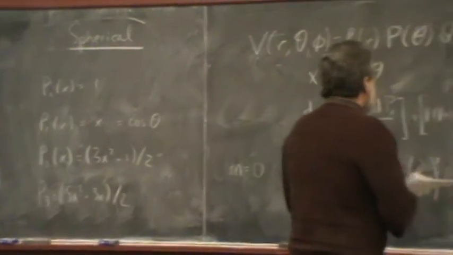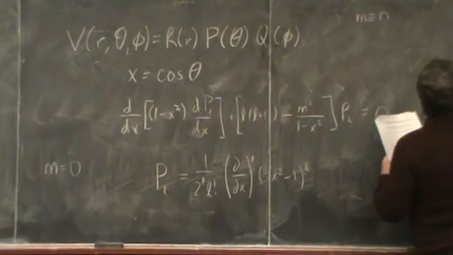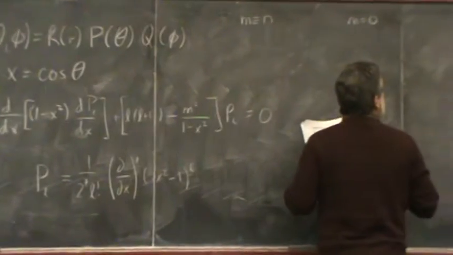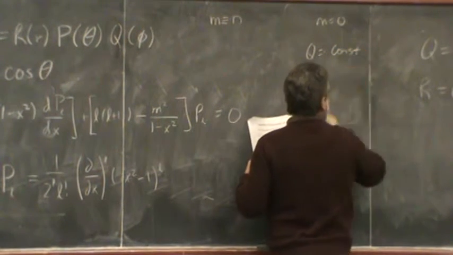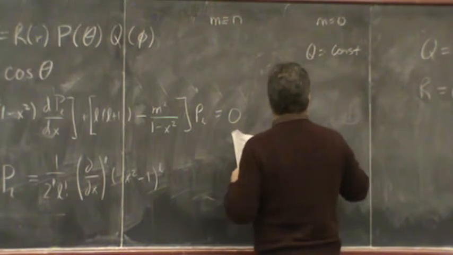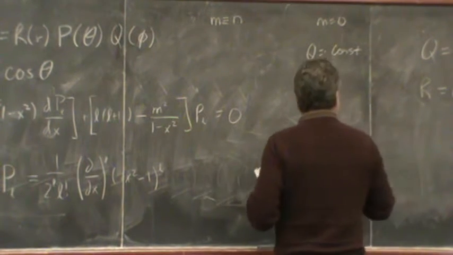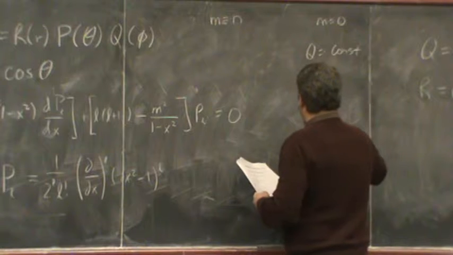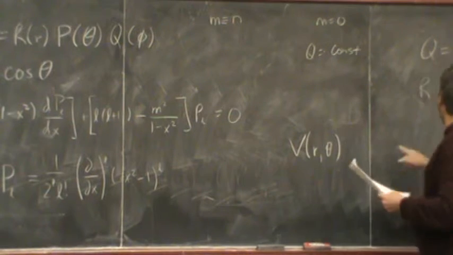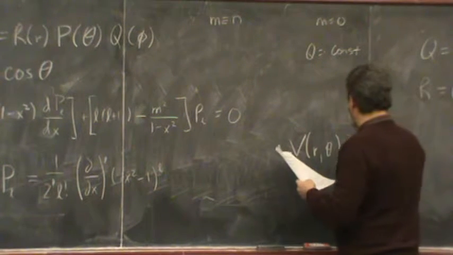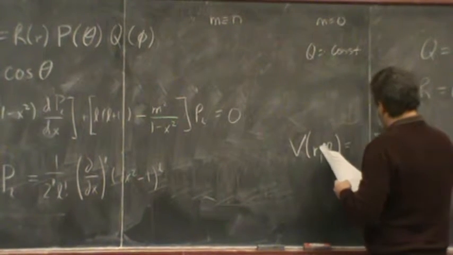So, for a situation where I have azimuthal symmetry, for m equals 0, Q is equal to a constant. R remains the same, and my solutions here look like that. They are P sub L's. So I can write that the potential as a function of r and theta, because phi has dropped out of the problem, is equal to the complete set